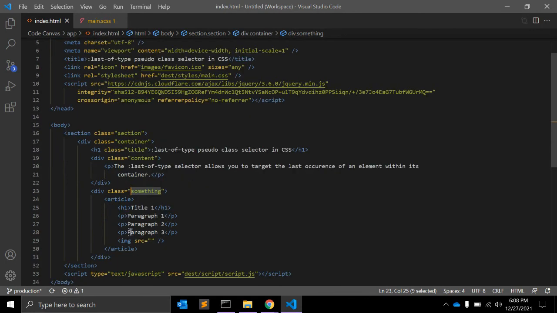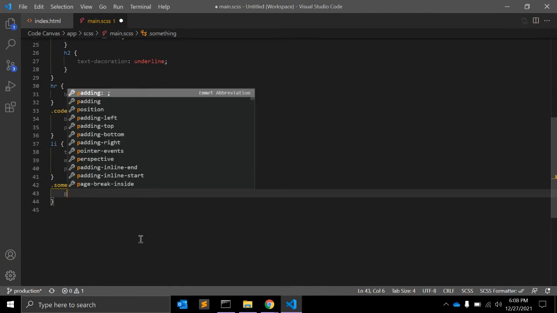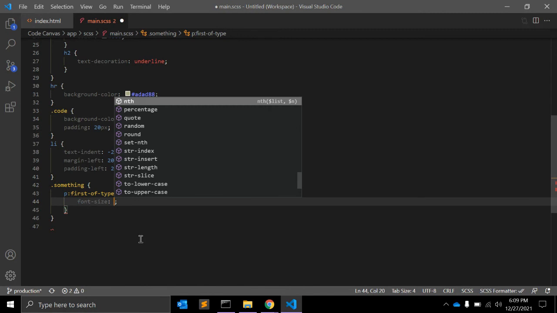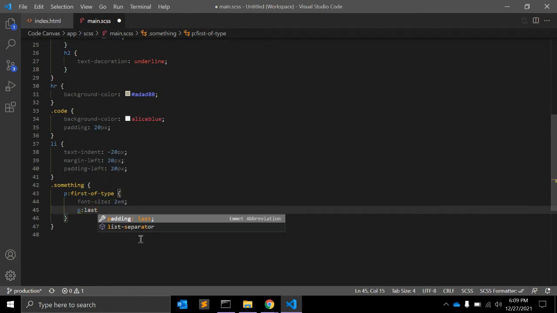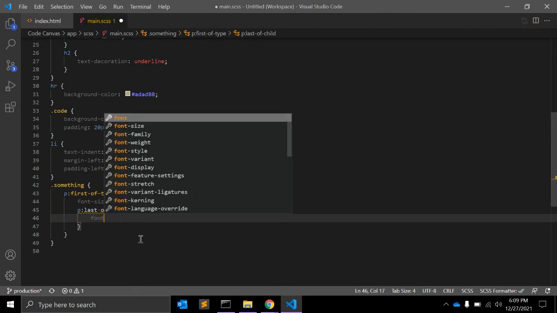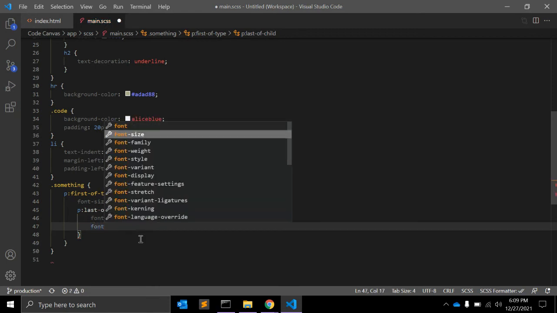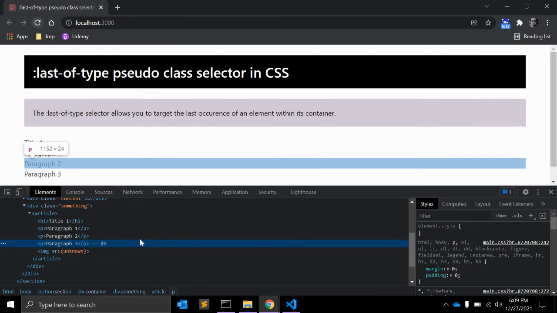Here we have h1 and p paragraphs, and in CSS we can write p:first-of-type, and here we can write font-size, a bigger one, let's say 2em. And p:last-of-type, and let's change the font style to italic and font size to 0.75em. Let's see how it looks.